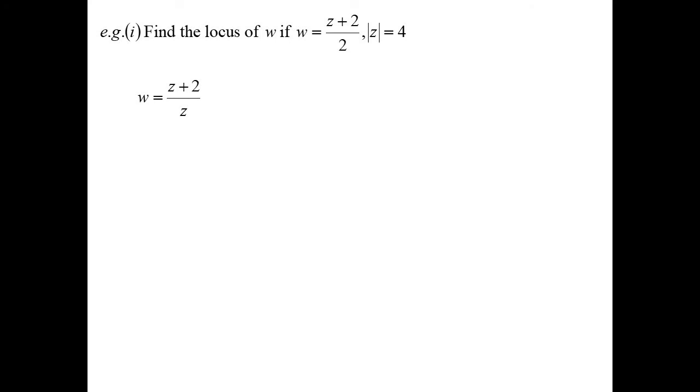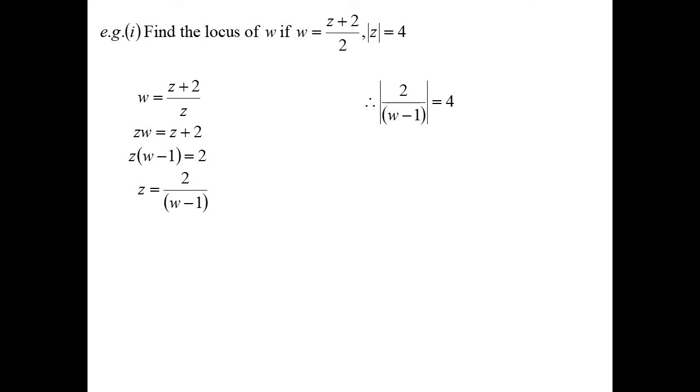Okay. Now the condition is on z. So I'm going to try and rearrange this and make z the subject. So zw is z plus 2. Z outside of w minus 1 therefore is 2. So z is 2 on w minus 1. I can now create the locus because I know the modulus of z is equal to 4. So there's the link. I can now say, well, that means the modulus of 2 on w minus 1